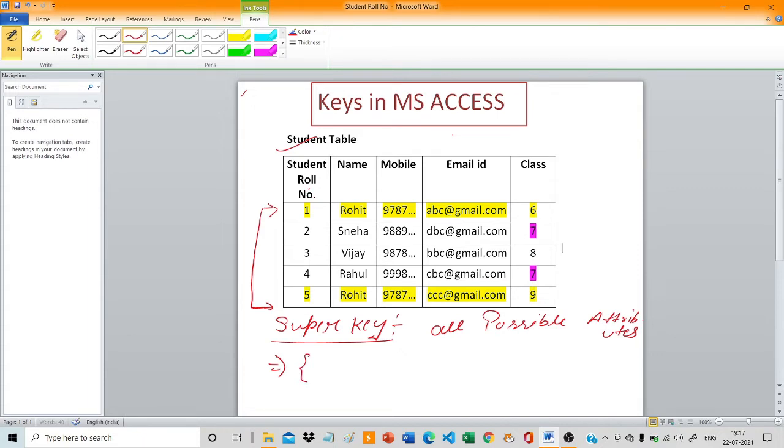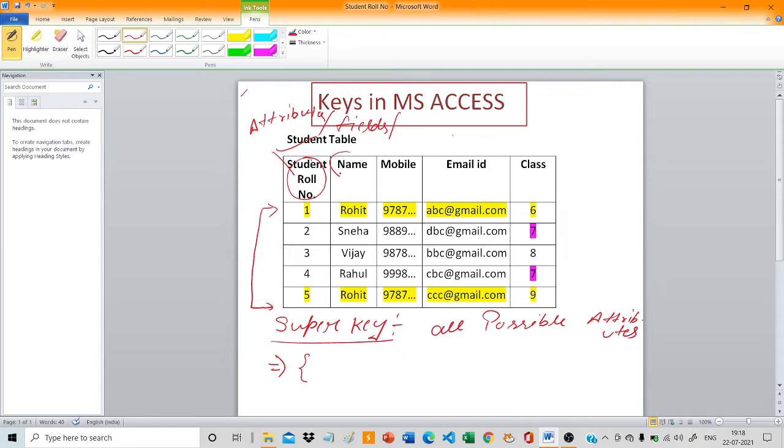Super key, I'm just going to take it here. Roll number. Roll number is an attribute by which you can uniquely identify the record. Because roll number is different, each and every student has a different roll number. This is also known as attribute. This is also known as what? Fields. So you can write it here, attributes or field or columns, each and every term is the same. Clear everyone? So each and every student has a different roll number. Roll number cannot be the same actually.